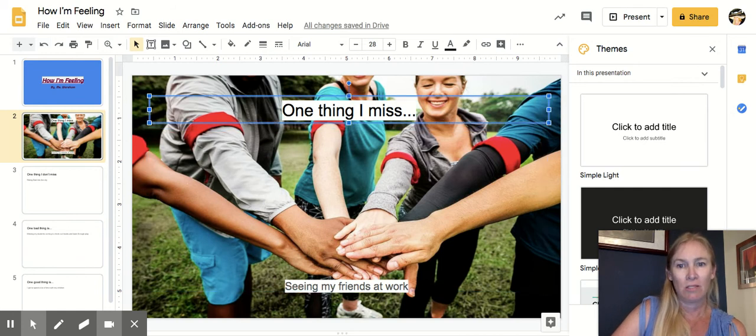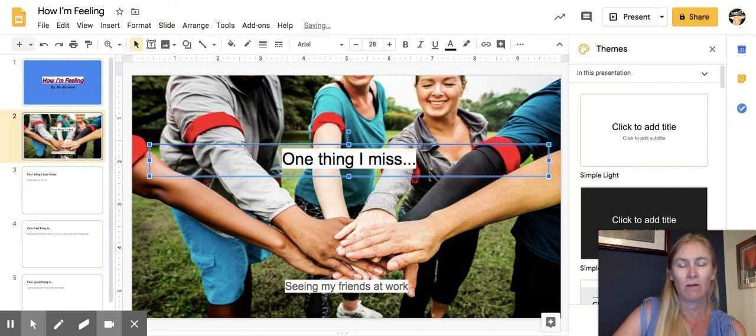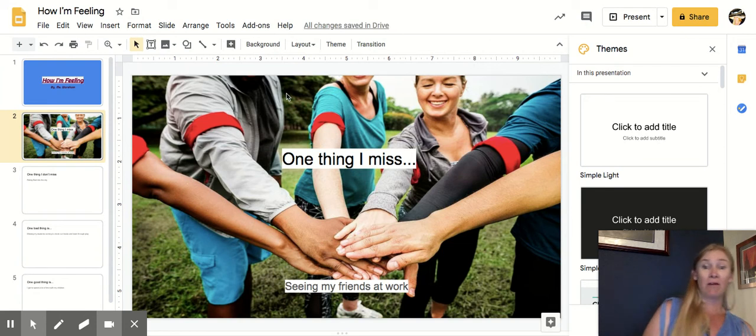So let me look at this again. Maybe this time when I move my box down, I'm not going to drag it down quite so far. I want it to just go here above the hands. Drag the bottom square, drag the top square, and there I go. So now I can see the words and I see the hands, and that slide I feel pretty good about,